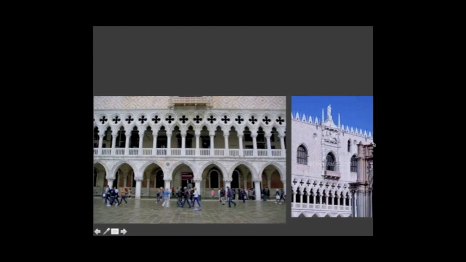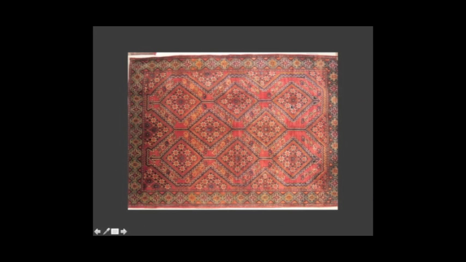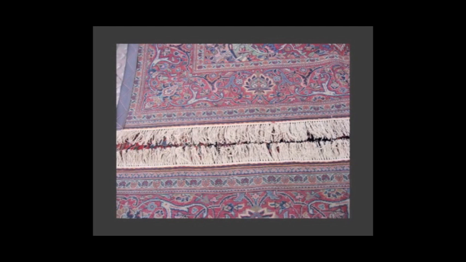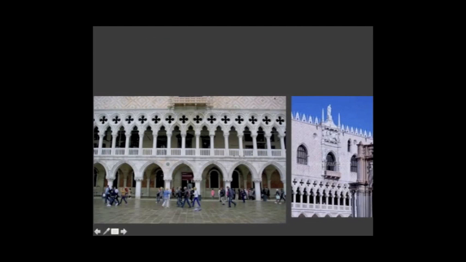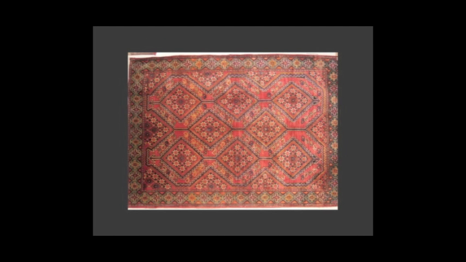Just a few other views of the fabulousness of the Doge's palace. The lightness where it meets the ground, the lightness where it meets the sky. In fact, if you had to think of something that looks like the Doge's palace, it probably wouldn't be architecture. It would probably be something more like a carpet. And even the fringe of a carpet makes you think about the lightness of how it meets the ground, the lightness of how it meets the sky. This unraveling of the solid plane of surface as it comes to its perimeter condition is very much like a